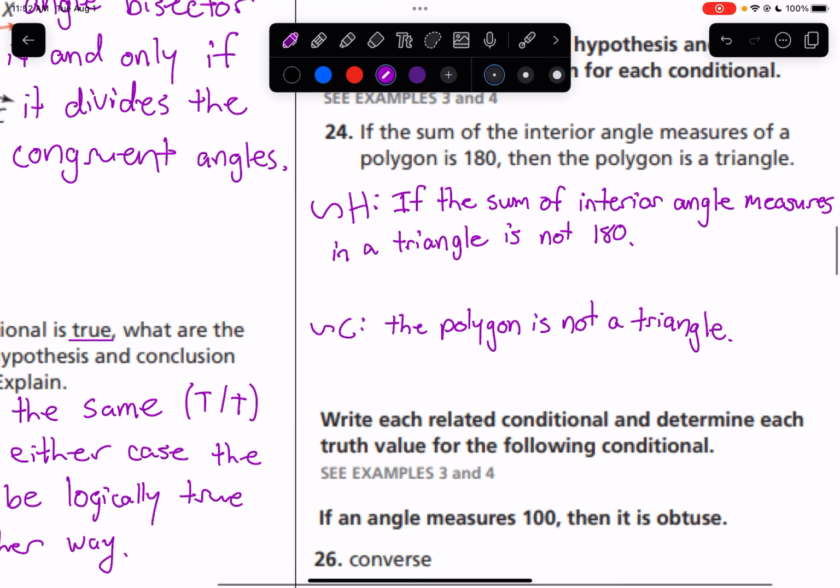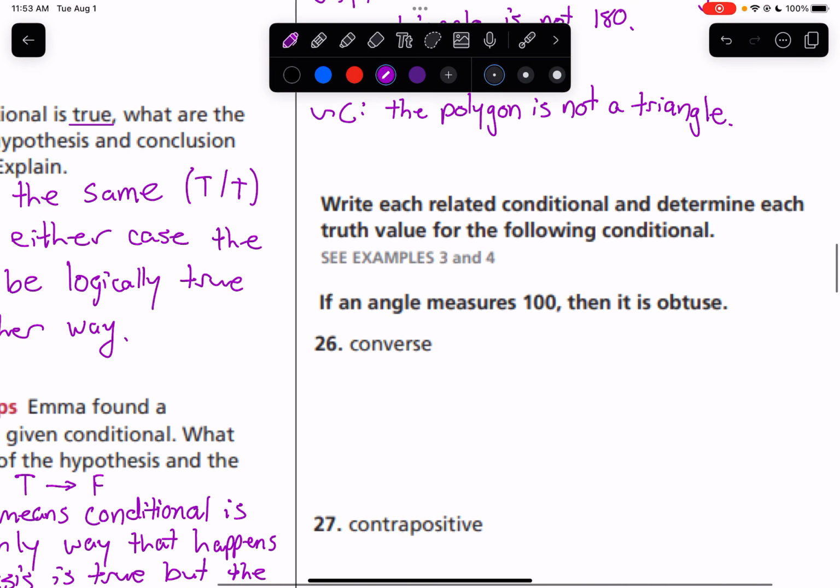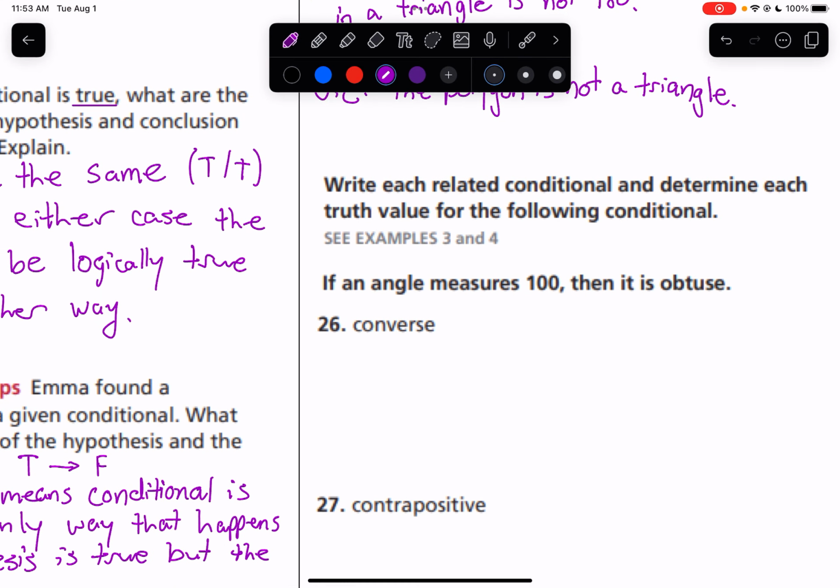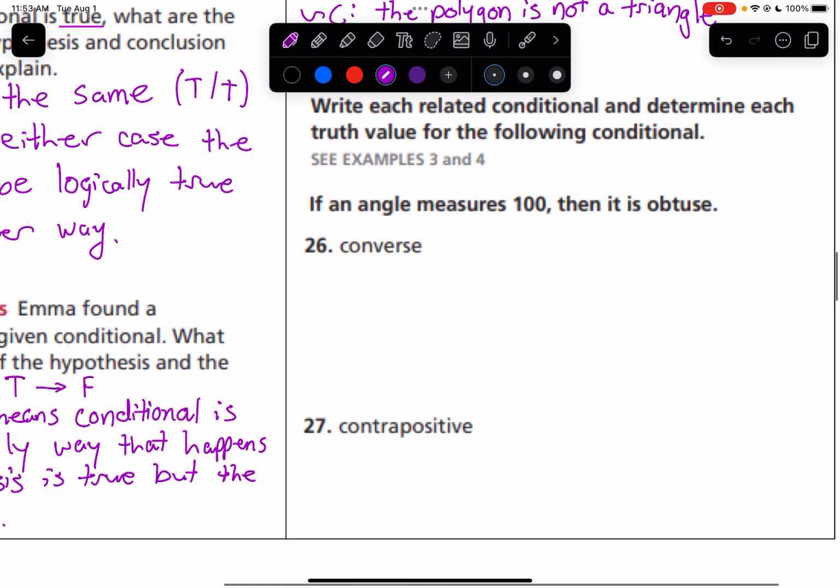Okay? Down here, we want to write conditionals and determine each truth value for the conditional. So we have a conditional statement. We're going to write the converse, and then we're going to write the contrapositive. So if an angle measures 100, then it is obtuse. The converse switches the hypothesis and conclusion. We can make it grammatically correct. We can say if an angle is obtuse,